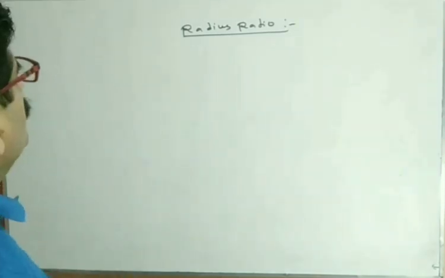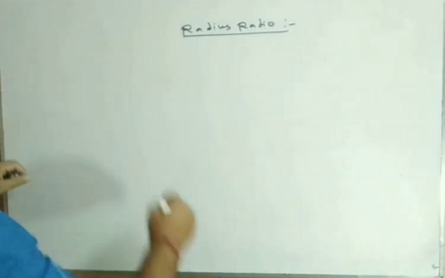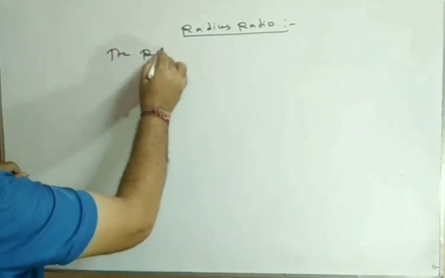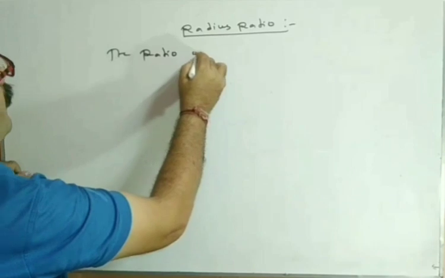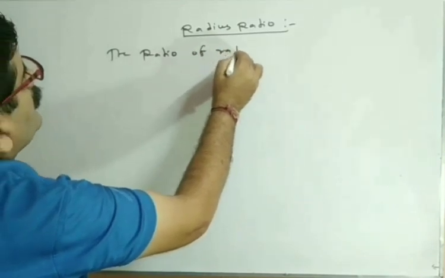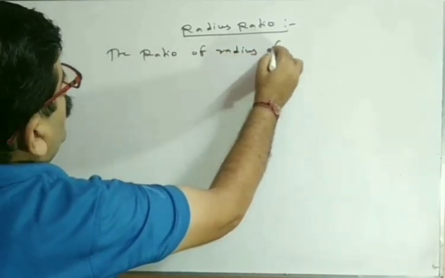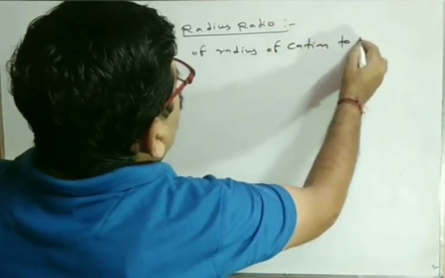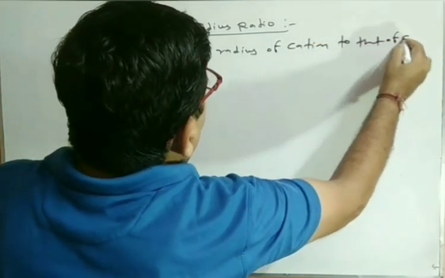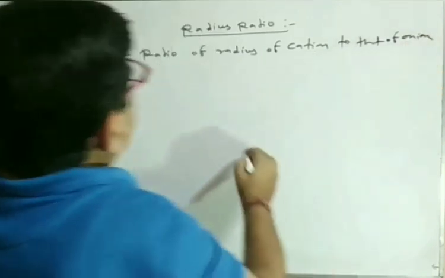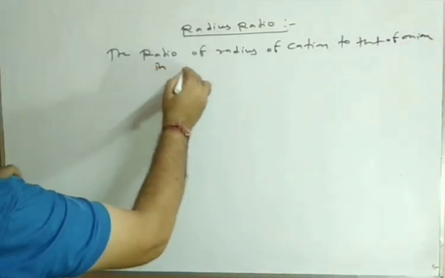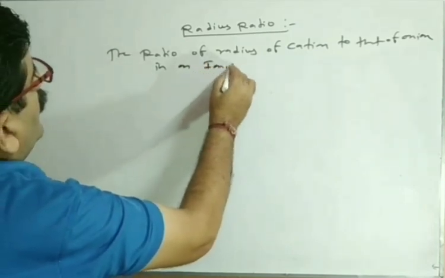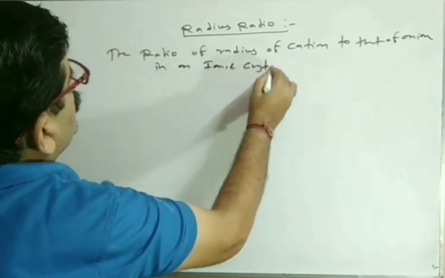First of all, we write the ratio of radius of cation to that of anion in an ionic crystal